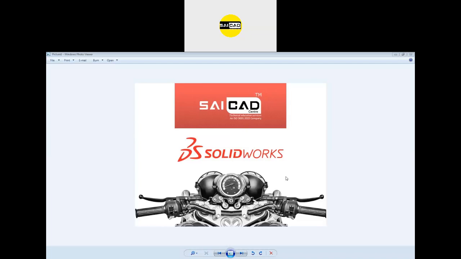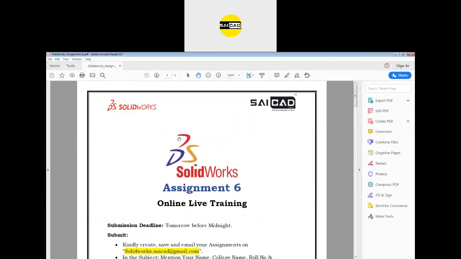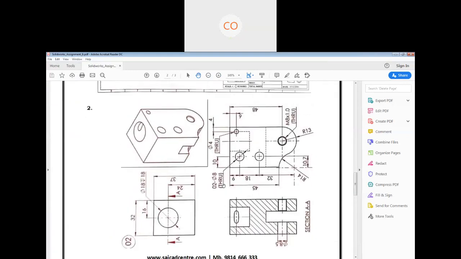Any question from the previous assignment? Question number 2, sixth assignment. Okay, what do you want to know here? In the lower right corner, the rectangular float that is cut, we have not been given the height at which it is cut, and what is the depth of cut, all those details. Okay, this one cut. Yes, sir. So there were some dimensions missing.